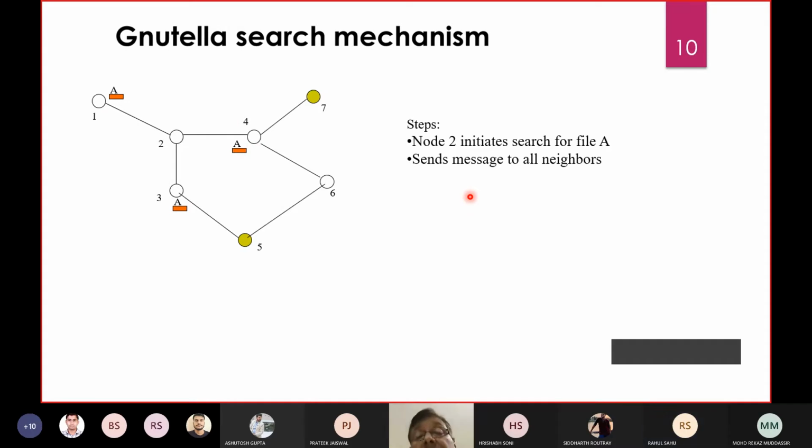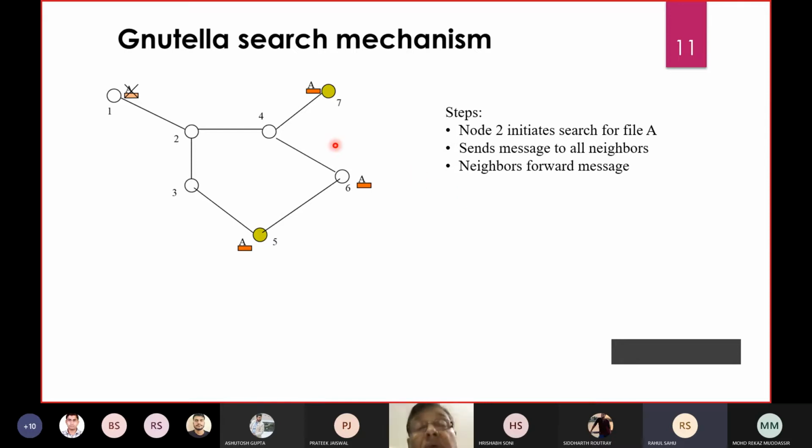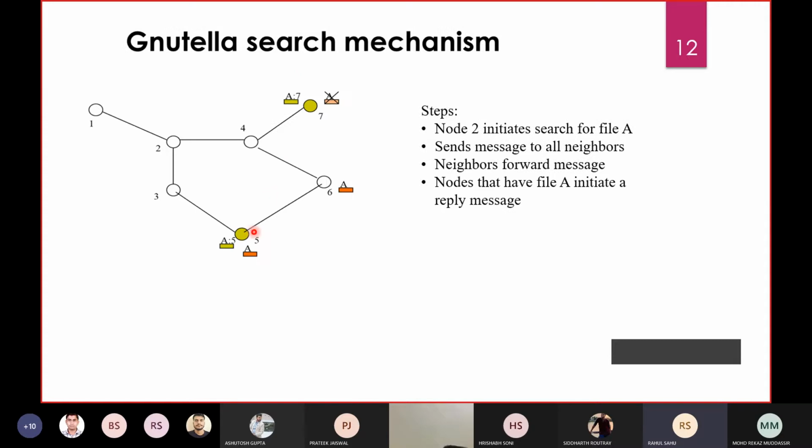Again this copy will be processed further. Node 4 will push that copy to node 7, node 3 will push that copy to node 5, and node 1 doesn't have any data, so it cannot push further. We assume node 5 has the data that we are searching and node 7 also has the data.